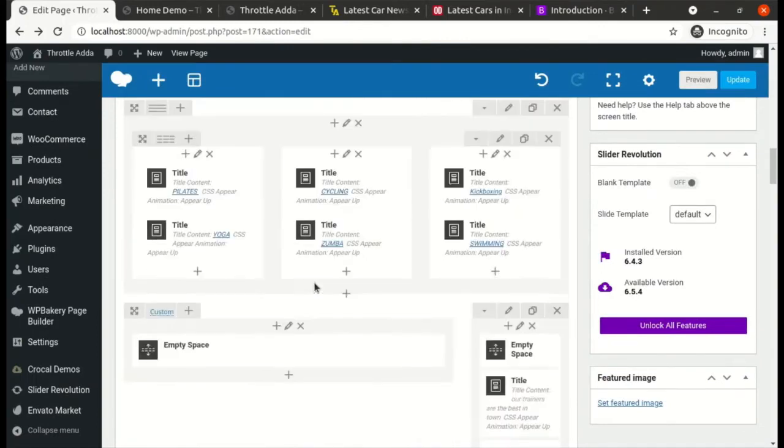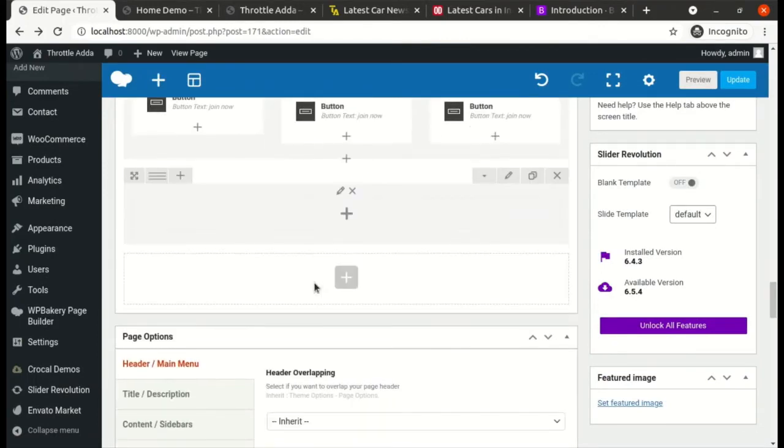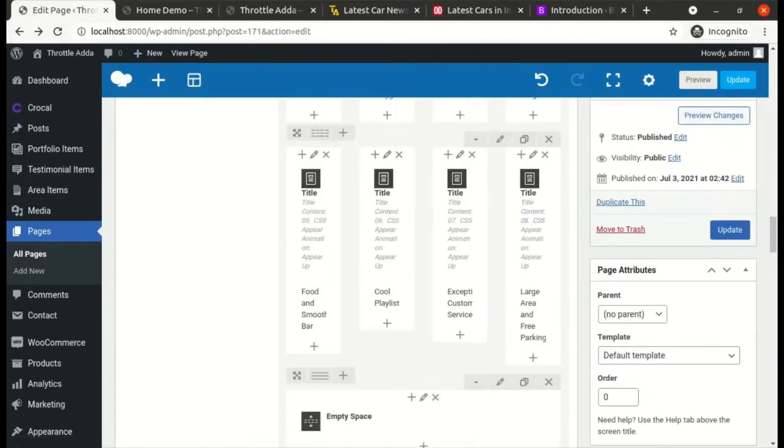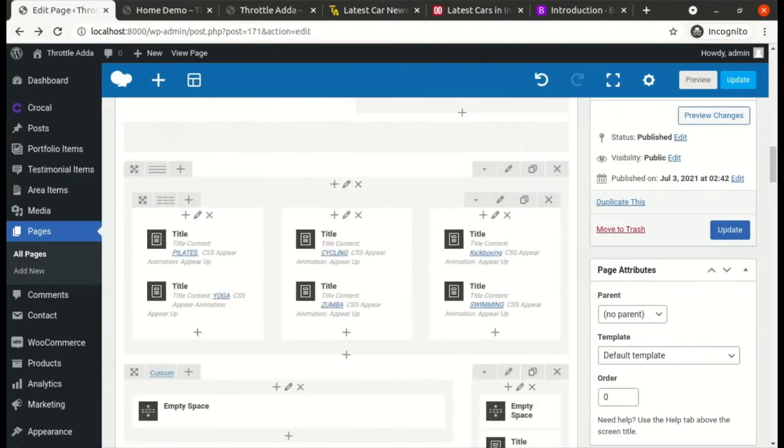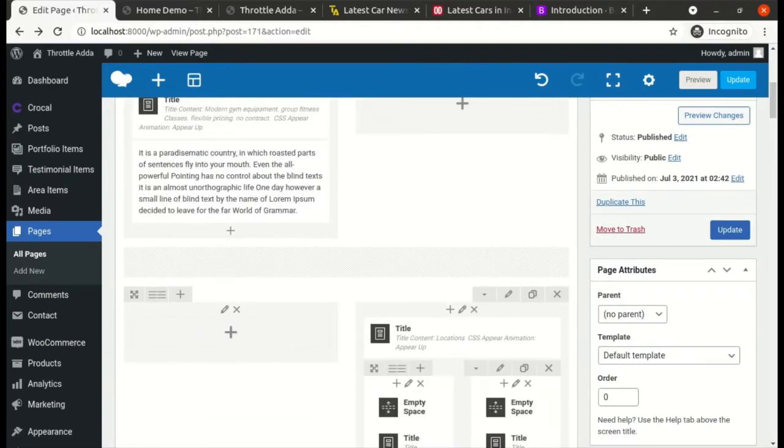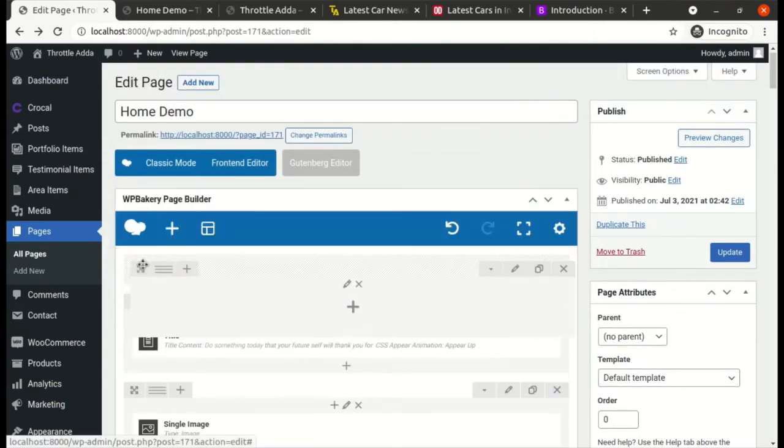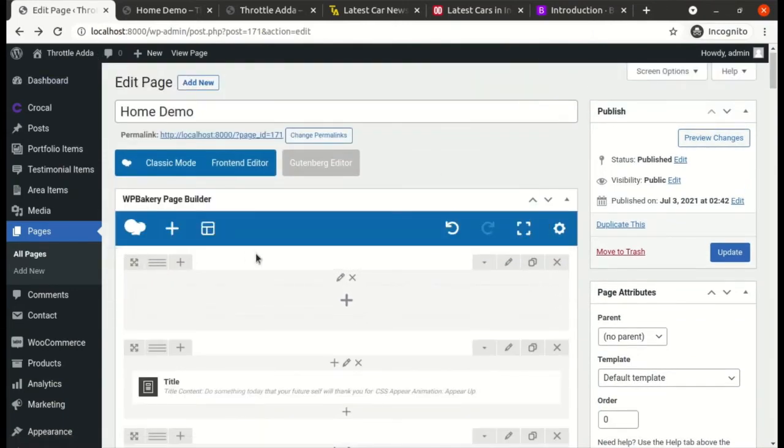Okay, now usually in a page when you add new element, it is added at the bottom. So we need to drag this. You see like an X icon over here. It basically indicates that you can drag this in any other section of the page. Okay, so if you're dragging it from the backend editor, that means your front end is also going to get edited. Whatever sections you want to place one below another or one above another, you can do it with this draggable reordering section icon. Okay, so now we have placed this.